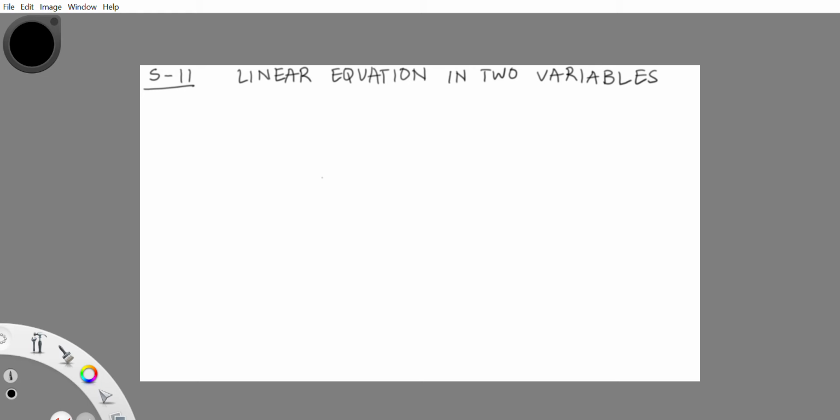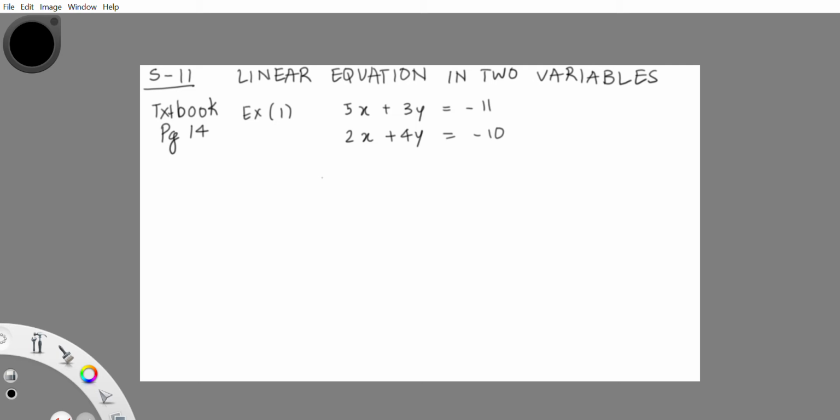In this section, we're going to solve some problems from our textbook related to solved examples and practice set 1.3. This particular example is from the textbook, page number 14, example number 1. Here we have 5x plus 3y is equal to minus 11, and my second equation is 2x plus 4y is equal to minus 10.